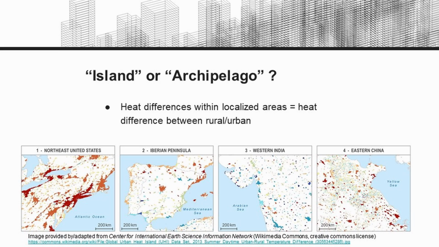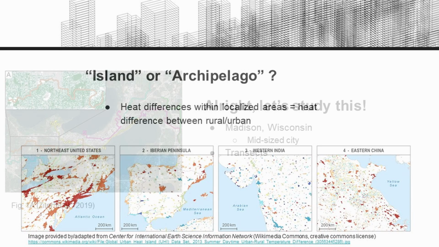Despite being known as the urban heat island effect, what we observe is actually more of an archipelago, with temperature differences within city locations often being as large as those along urban-rural divides. Taking another look at the image from before, you can see that rather than one large concentrated area, temperature gradients are often a patchwork, with more detail being visible on magnified maps